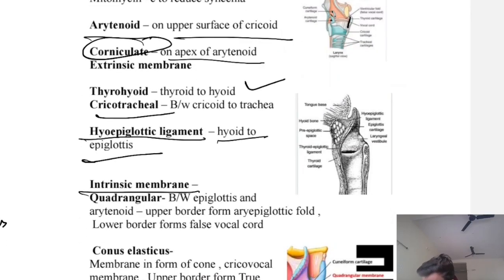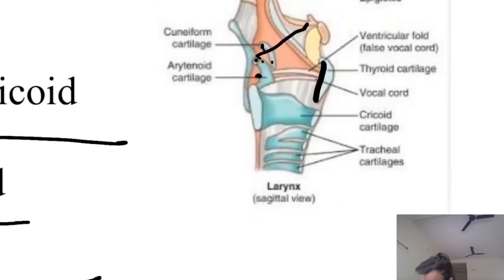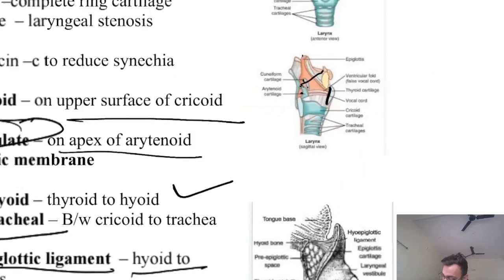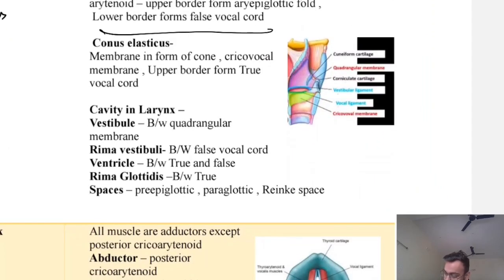So there is a quadrangular membrane between the epiglottis and arytenoid, and you have to imagine it inside. Okay, and the upper part of that forms the aryepiglottic fold and the lower part forms the false vocal cord. Now the conus elasticus, so a membrane in the form of a cone, cricovocal membrane, and its upper border forms the true vocal